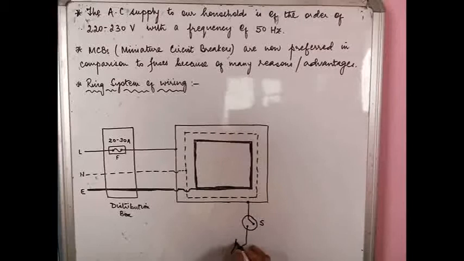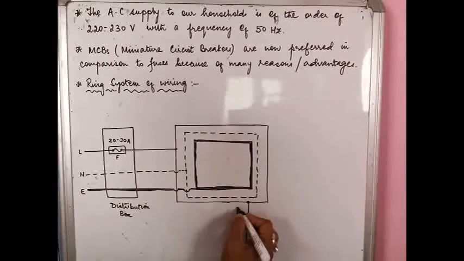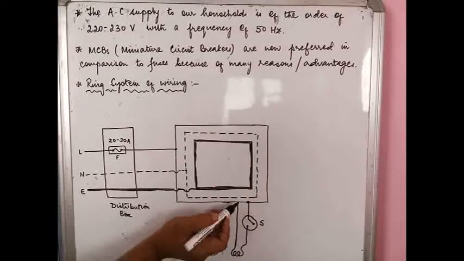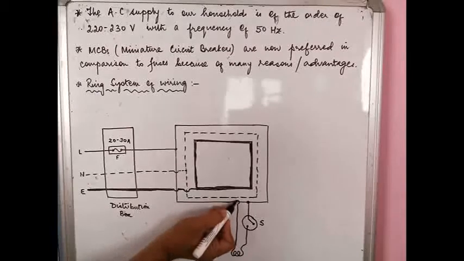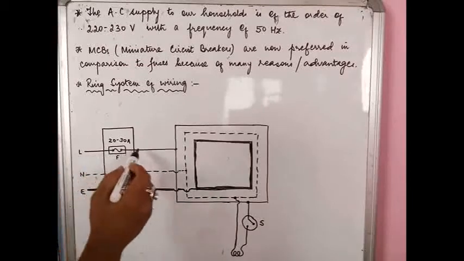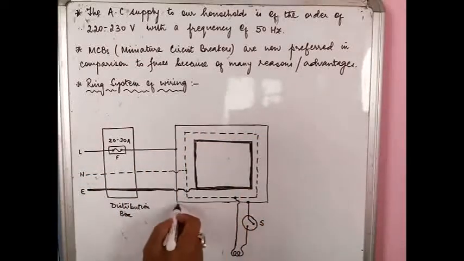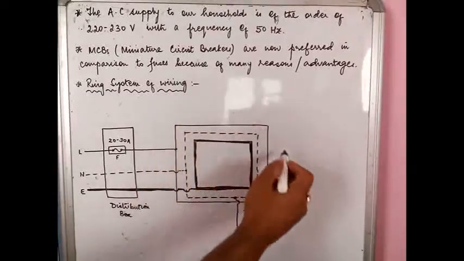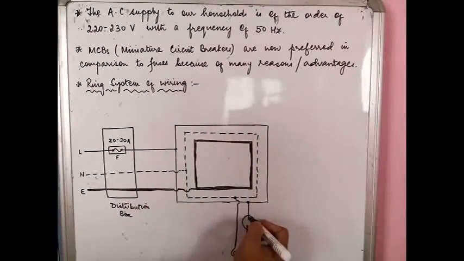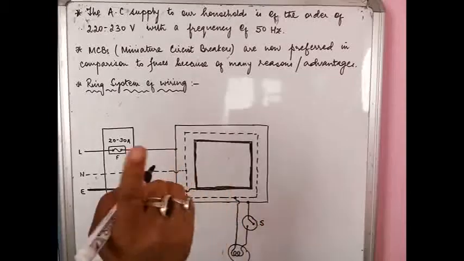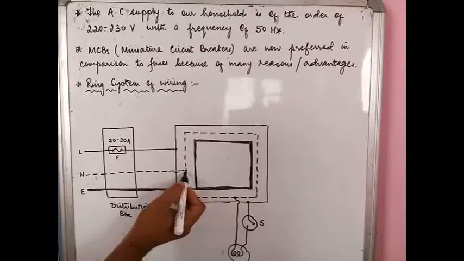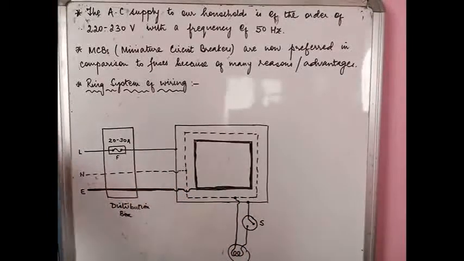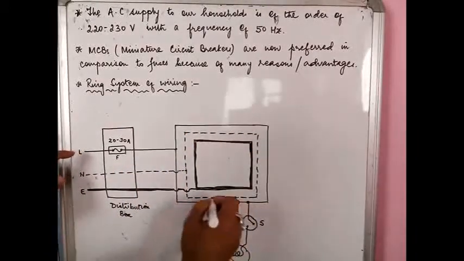Now this bulb, if you remember, I have already shown in the previous lecture how to connect it in the previous diagram. So this has to go into, remember, it has to overlap, and it will go straight into the neutral wire. Why? Because this live wire is actually providing the AC supply throughout the room. You have just taken a connection out at this corner, used a switch to light a bulb over here, and then for the circuit completion it has to go back into the neutral wire and then through here back to the supply. So this is how the full circuit gets completed.